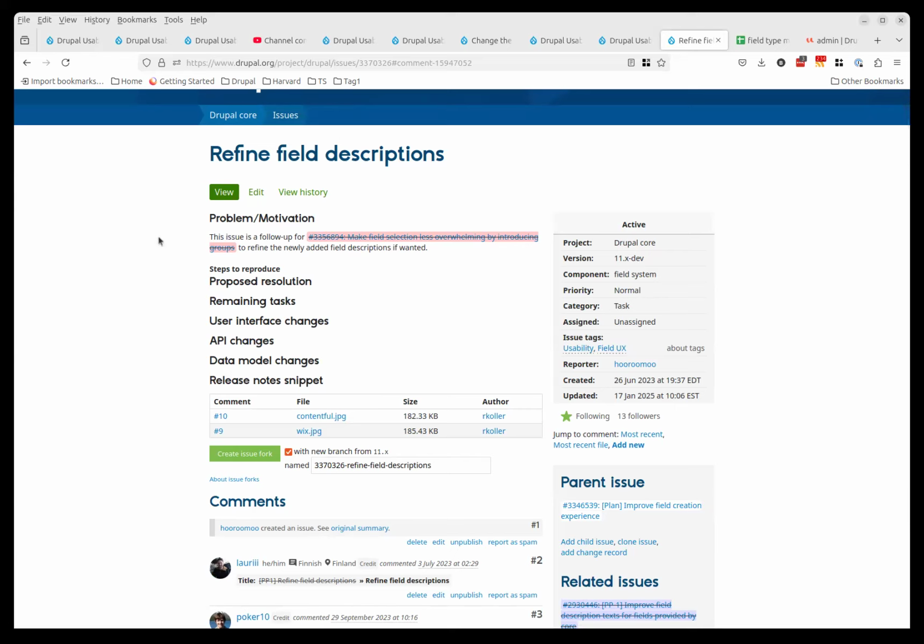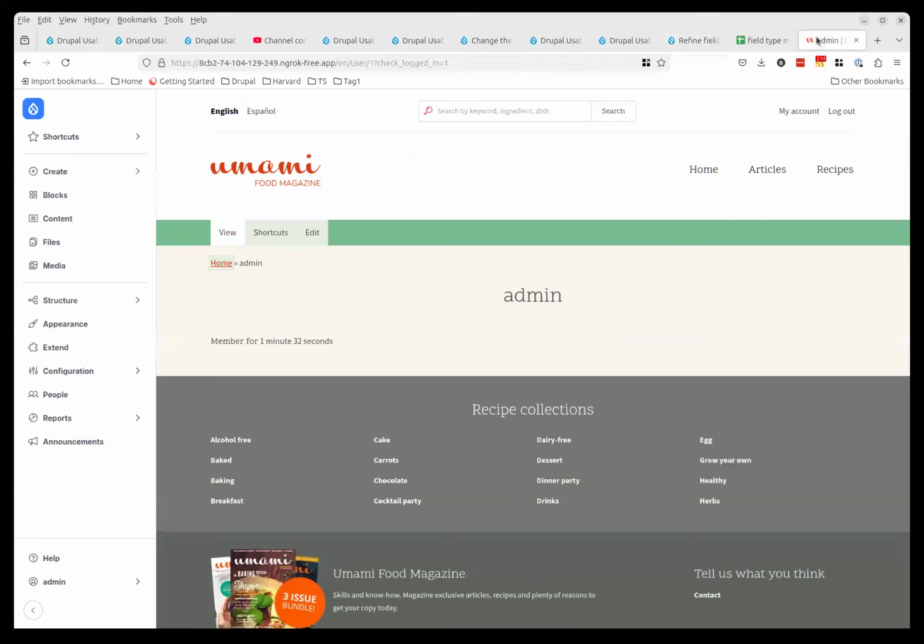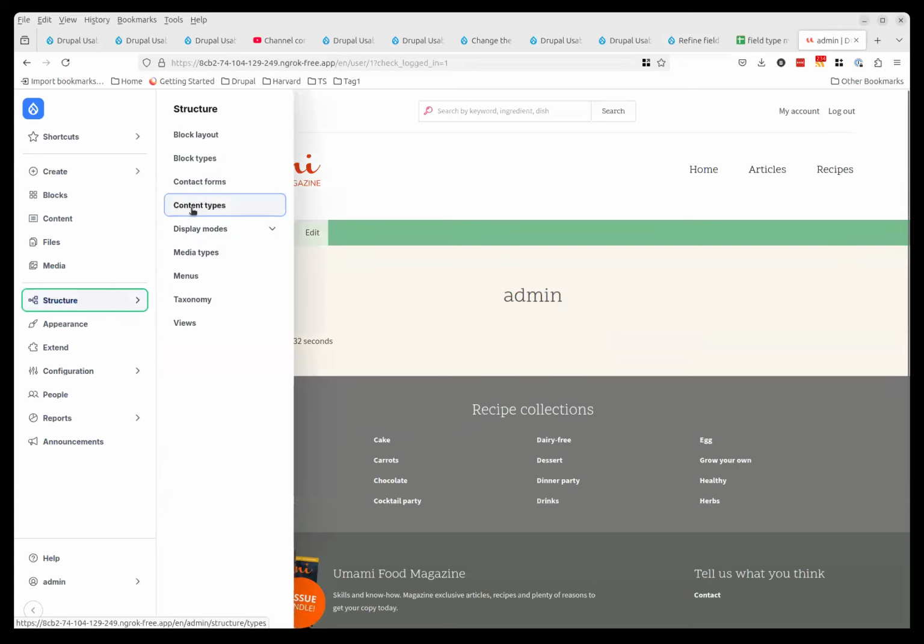We are going to continue the discussion we've had for the last couple of meetings. The issue is refined field descriptions. The issue number is 3370326. And just briefly for the sake of the recording, if you go to structure, content types,